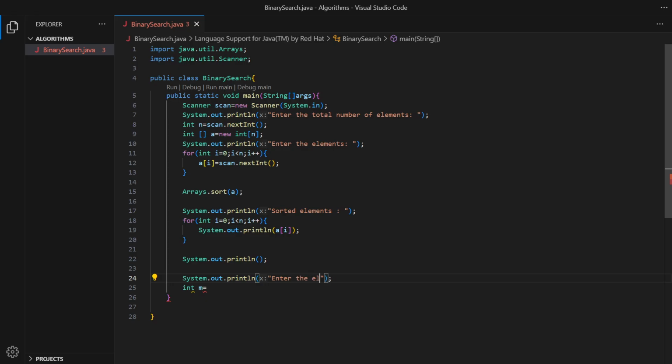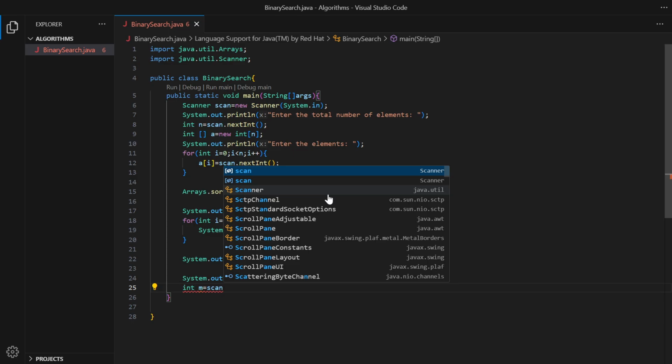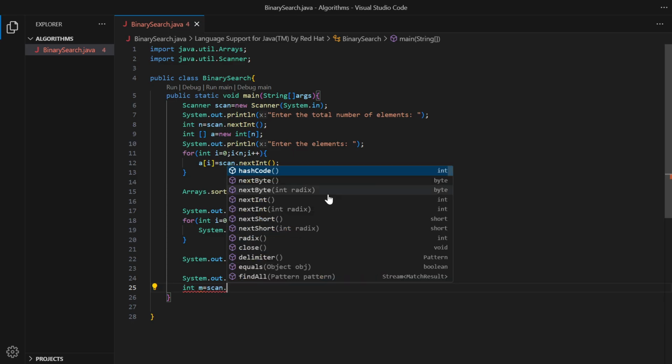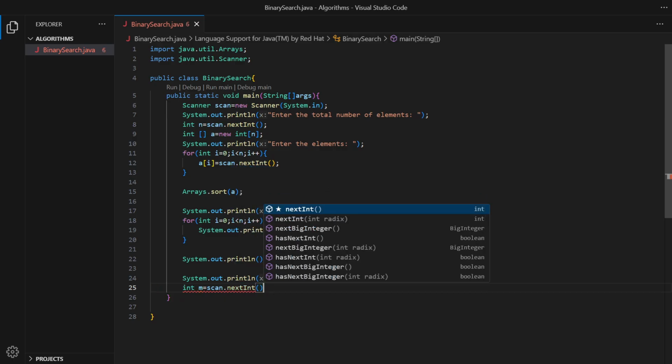Enter the element to search. Okay, now let's store it in variable m and scan object again, next int. Okay,